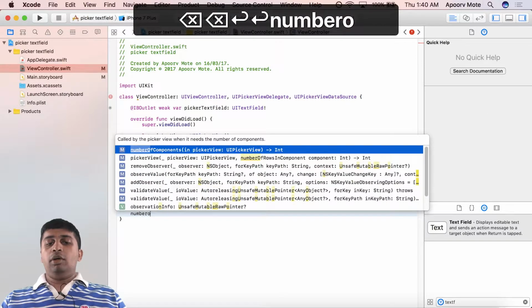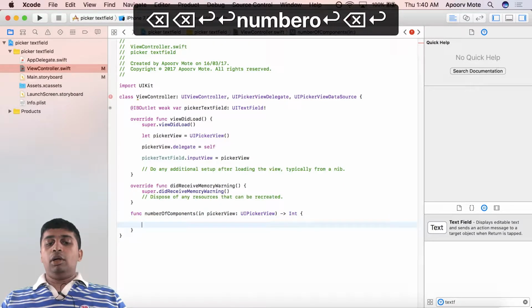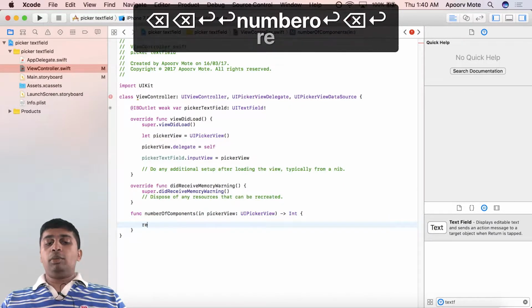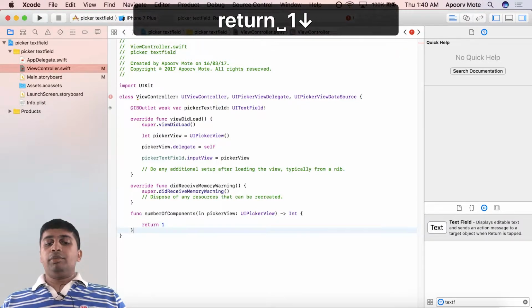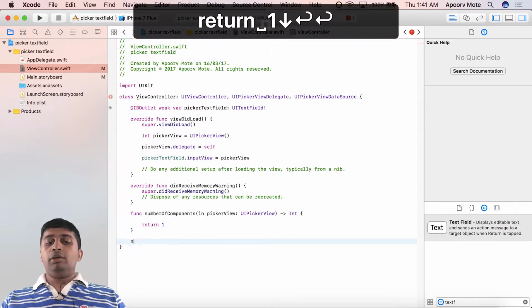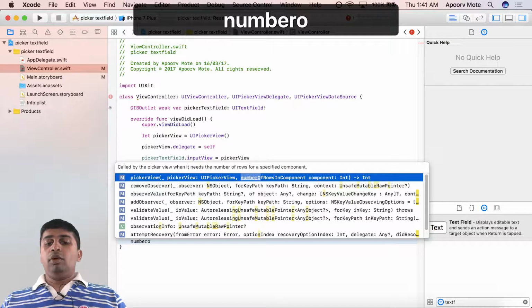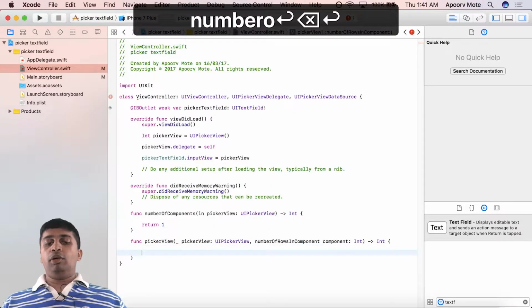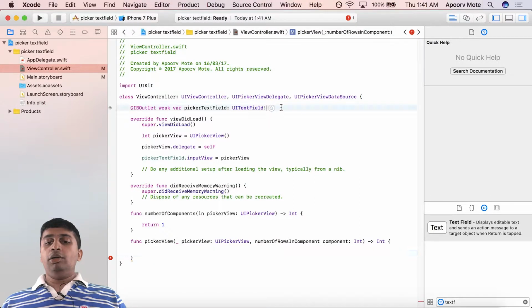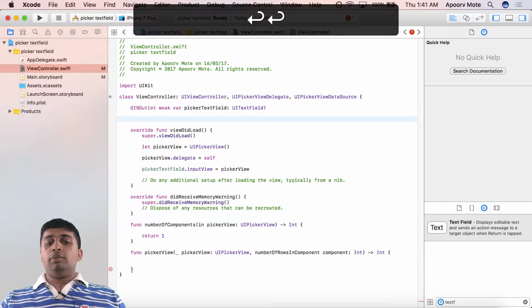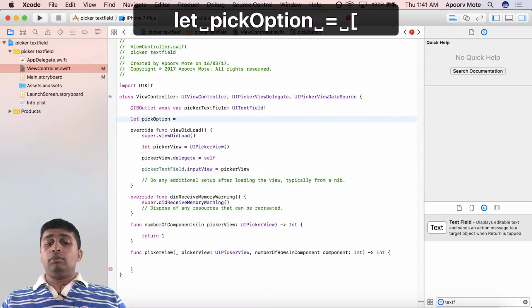Now data source has two required methods, which are number of components. We're going to have a single component, so I'm going to return 1. And the second required method is number of rows in component. Now for the rows, I'm going to create all the options. So for example, let's just say